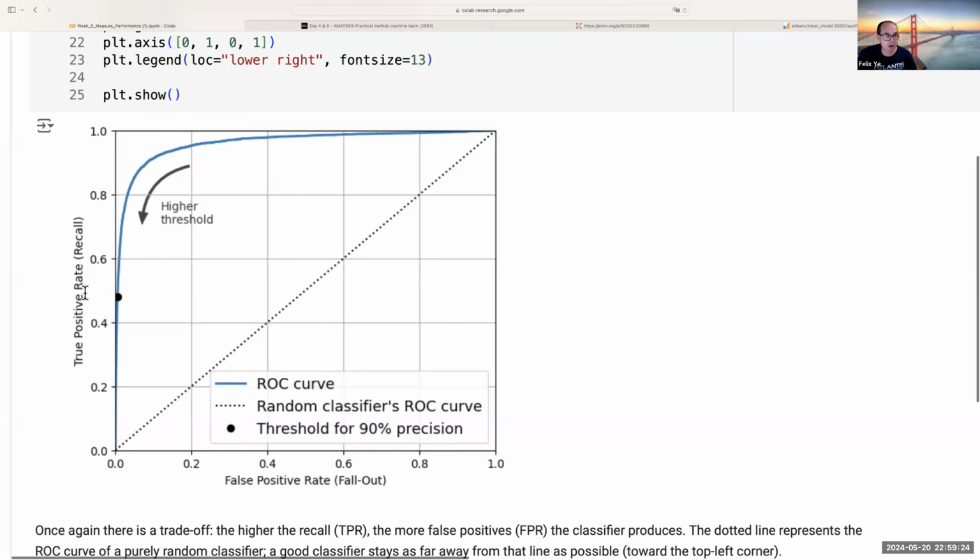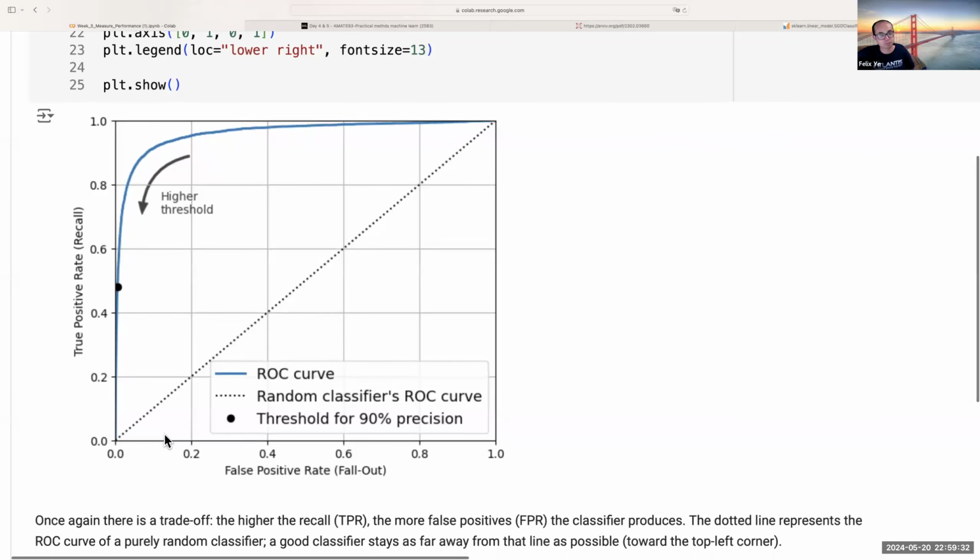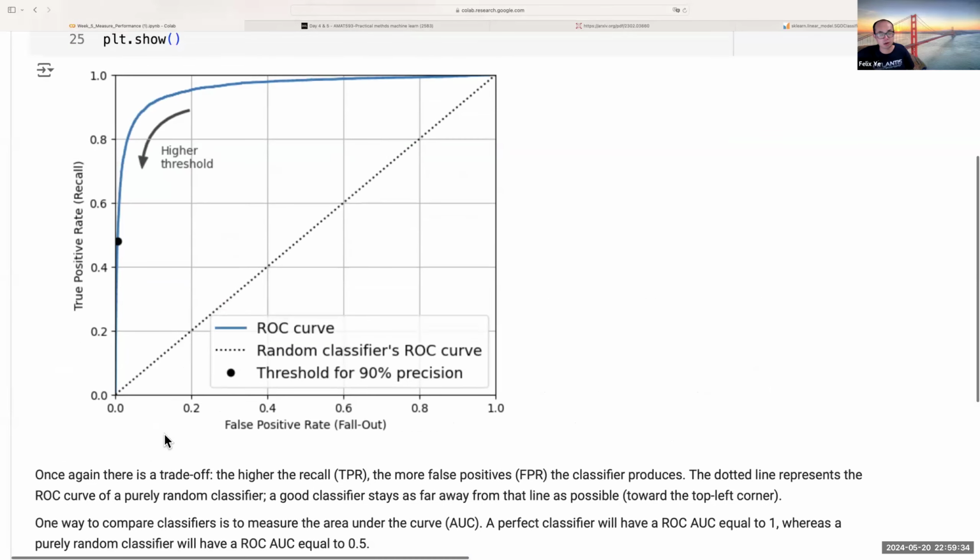You are getting very low recall instead, but your false positive rate will be super small right here. And once again, there will be a trade-off between the true positive rate and the false positive rate. So this basically says a good classifier's ROC curve should be as close as possible to this point. A good classifier stays as far away from the line as possible, toward the top